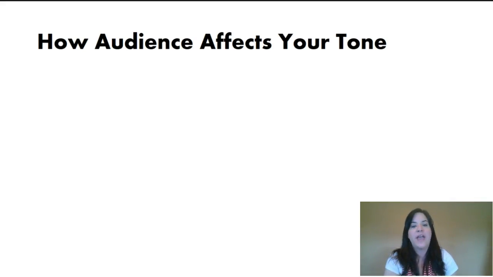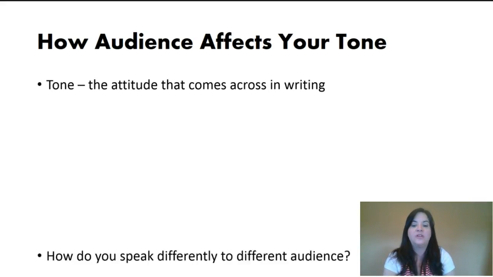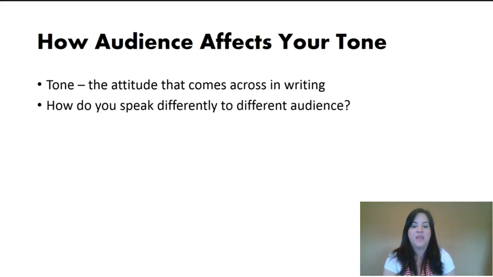In addition to vocabulary, we also have to consider our tone when we write. Tone is our attitude in writing. Our tone changes with our audience. Imagine that you're talking about a horrible day you've had and now you're stuck in traffic and you're late for class. If you call your friend while you're in the car to complain, you'll probably be a little bit whiny,